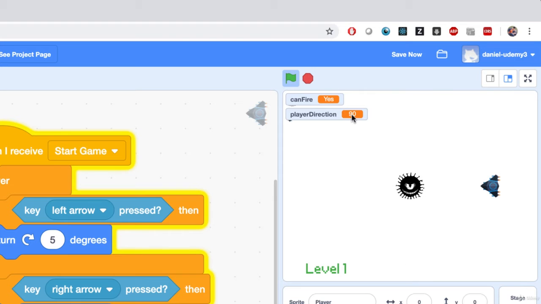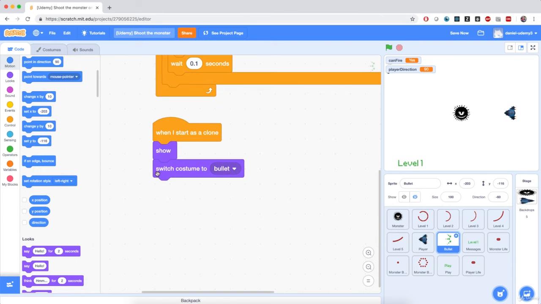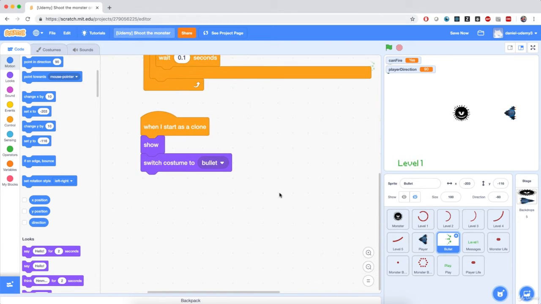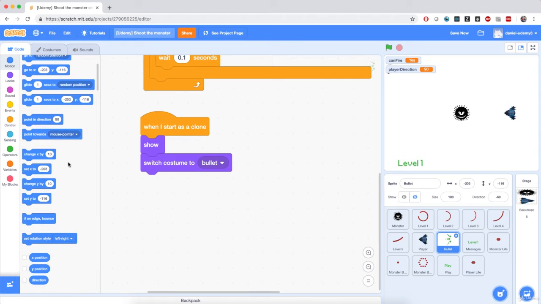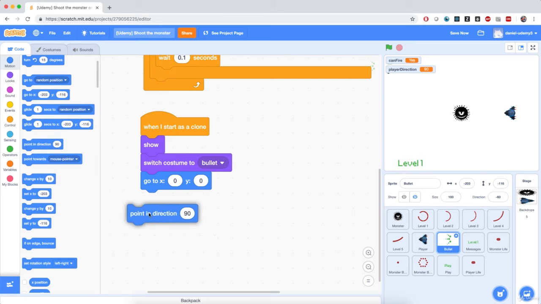So we can use this variable to calculate where the bullet is going to start moving towards the monster. So here's what I'm going to do. I'm going to go to the bullet sprite, and after switching the costume to bullet, I'm going to run the following steps. I am going to start the bullet at x equals 0 and y equals 0. Then, starting in the center of the stage, I'm going to point it wherever the player is pointing. So using this player direction variable. So I'm going to point in direction,